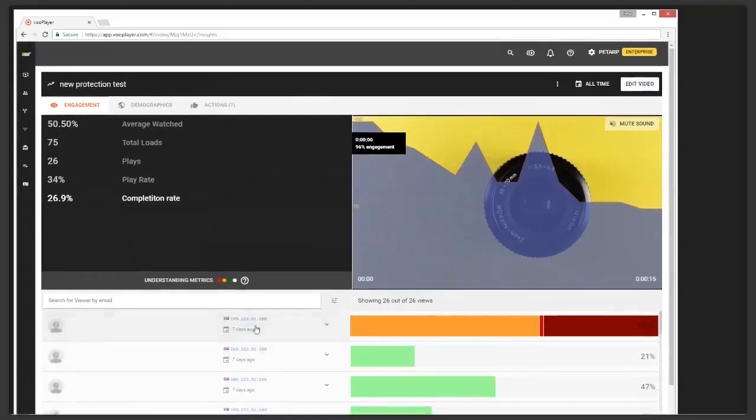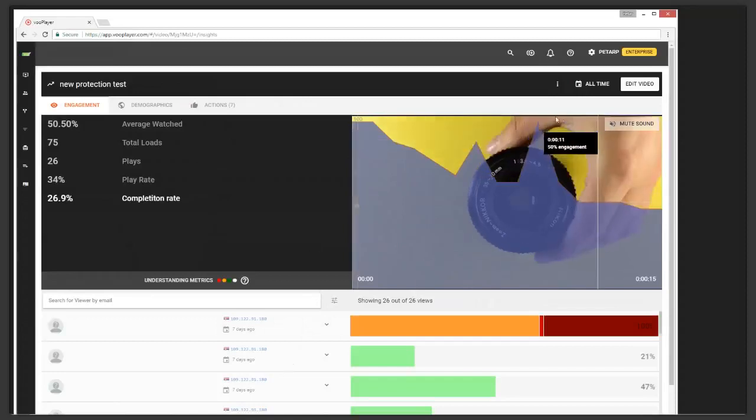In short, something that I wanted to touch base on is that we've redesigned the analytics module and how it works. Previously, we had a heat map covering the entire video, and we decided that wasn't very intuitive to understand. So we've changed this to a bar graph, which shows you what percentage of engagement each part of the video gets, and that way you can quickly understand which points of your video are getting the most